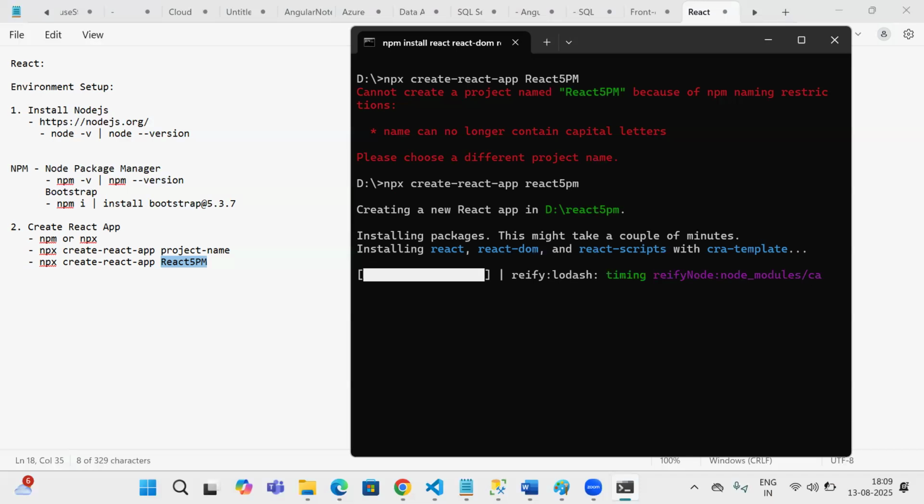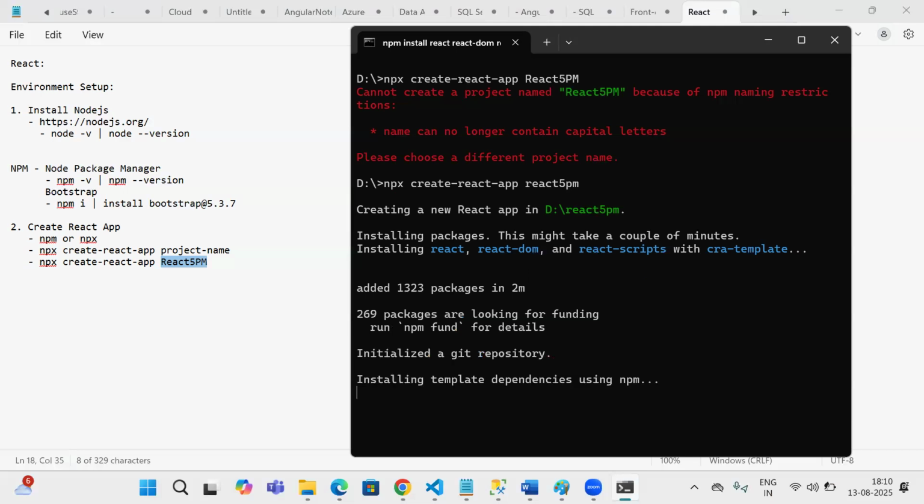It will take some time to create the default structure, because in that we have a few files, then we have src, public, then we have node_modules. Under that we have a lot of libraries. You can see added